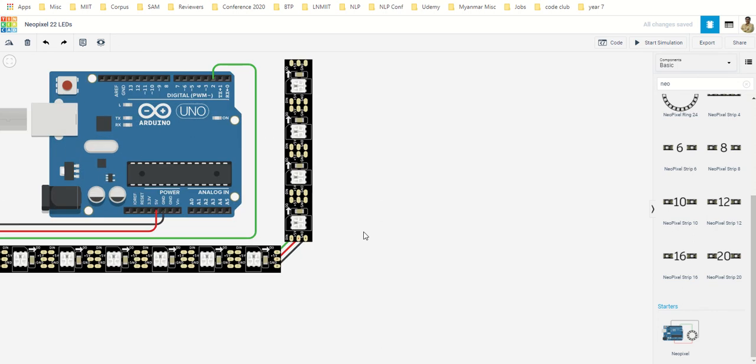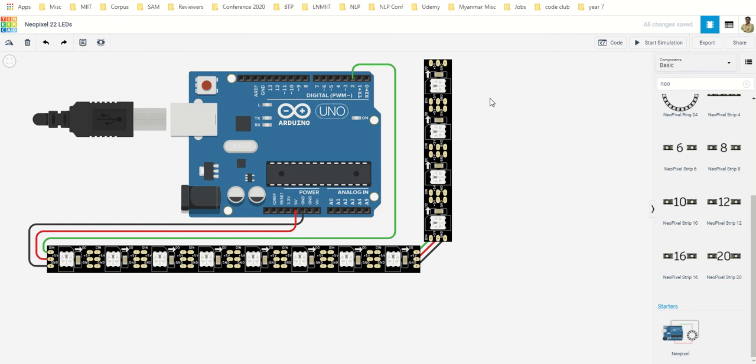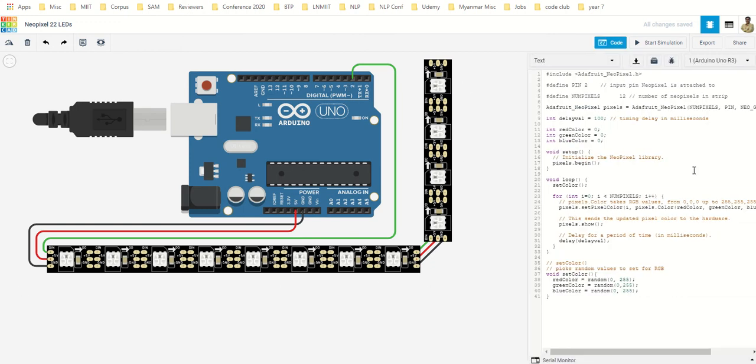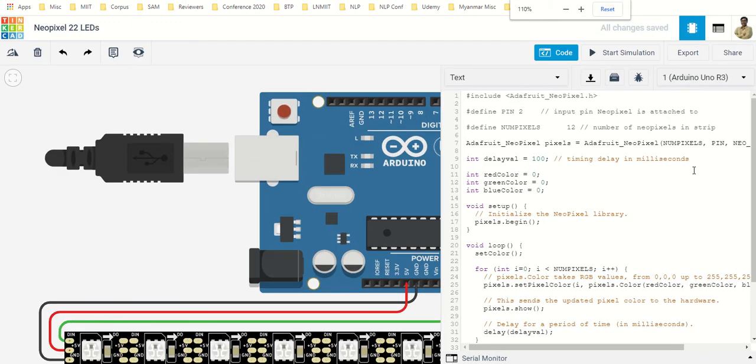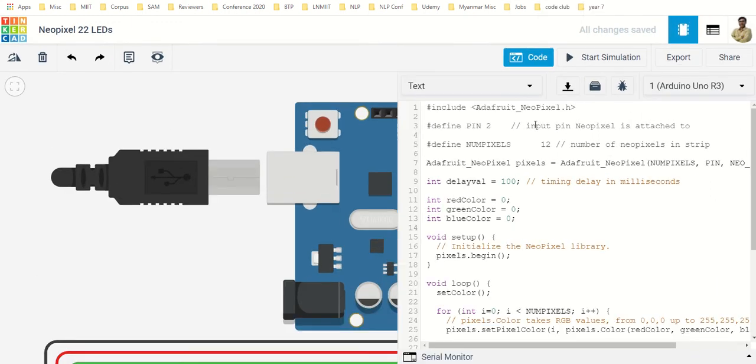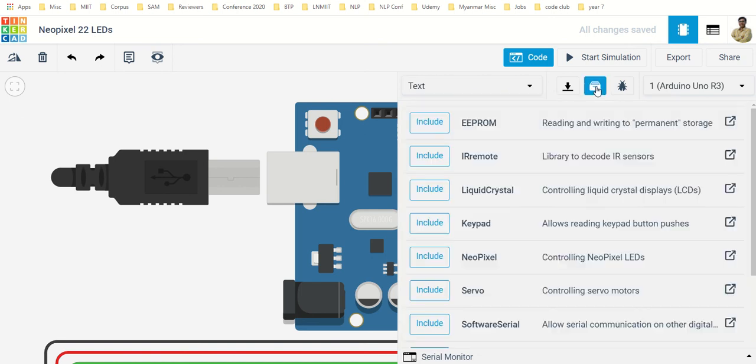Here I have 12 NeoPixels connected at pin 2. Let us have a look at the code. The code says #include NeoPixel. If you want to include anything, you can go to the library, search whatever you want to include and click on include.